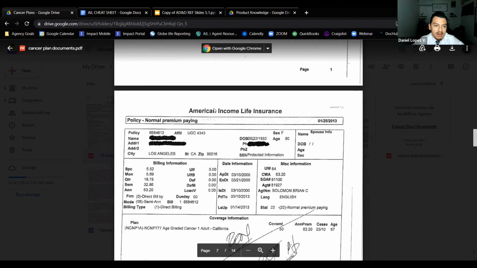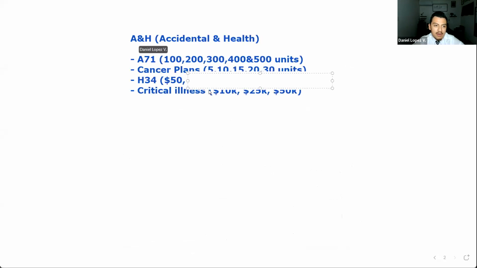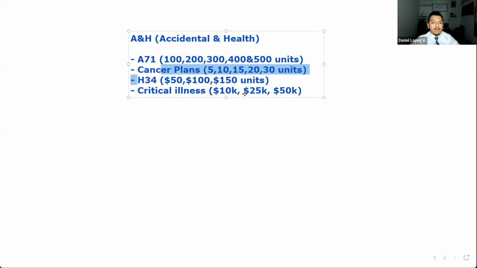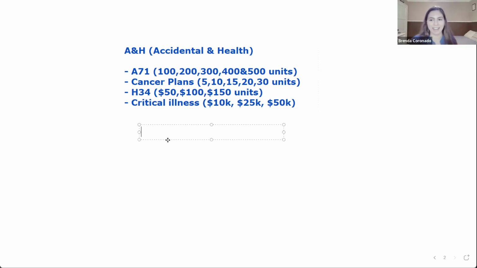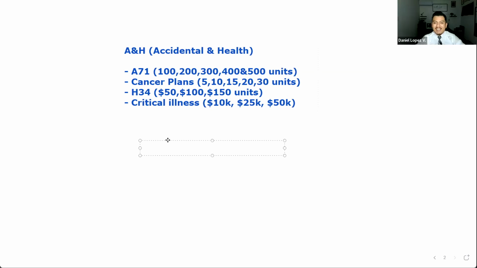And that's pretty much that. So we all get the cancer plan. And don't worry, this is a rough overview, going over everything very quickly. There will be specific classes that will teach you exactly how the cancer plan works, and we'll go into detail. Continuing education, 9 a.m. Saturday. Then now let's talk about the H34.